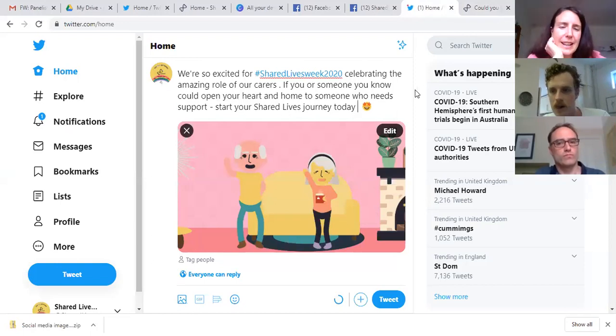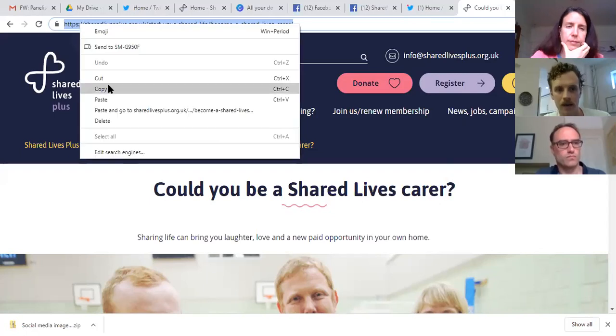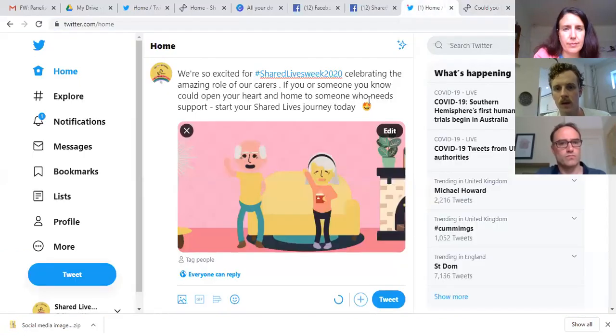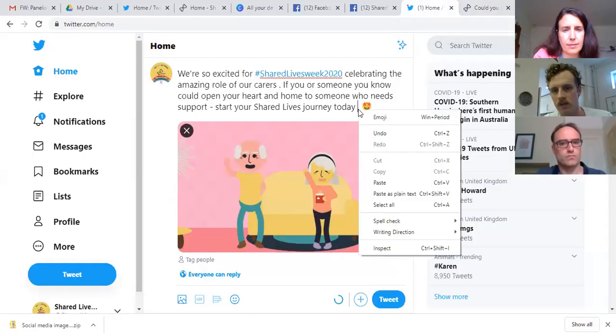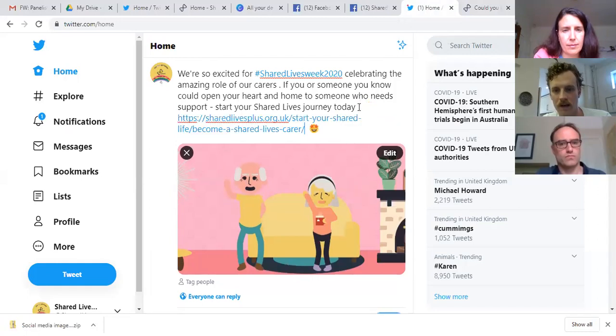What do you want to show? Like the right-click version of doing that as well? Okay, so yeah. To the web page that you want to promote, select it all like that, and then you can right-click it. Click copy. You go over, and then you can right-click again and paste like that, or I just do Control-V and just add it into the box like that.